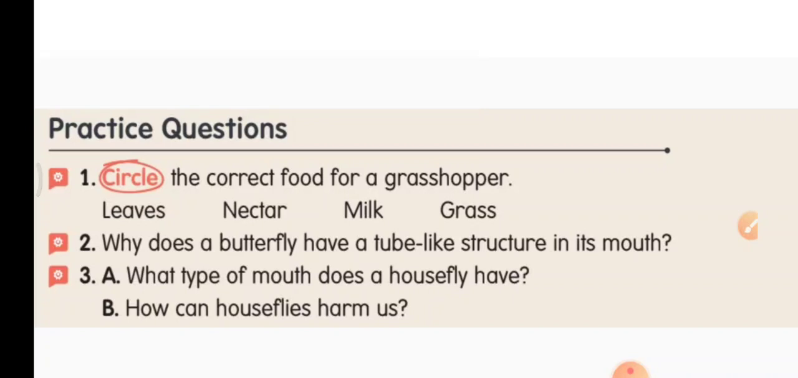A housefly has a sponge-like mouth. Sponge, S-P-O-N-G-E. How can houseflies harm us? Houseflies can make our food dirty. Houseflies sit on dirty things like the drains and garbage bins, and once again they fly and come and sit on our food. So the germs which are on their body will enter our food